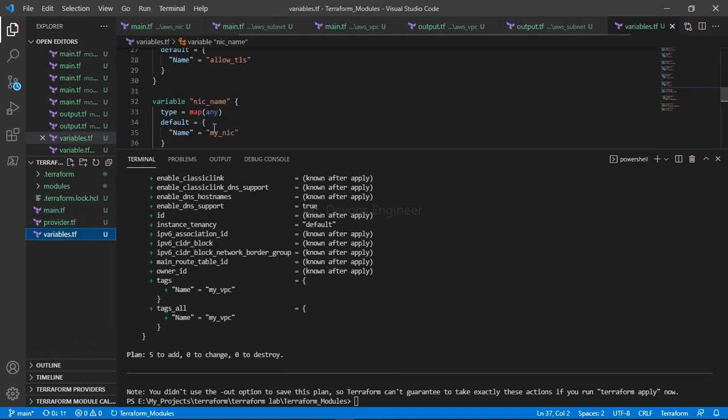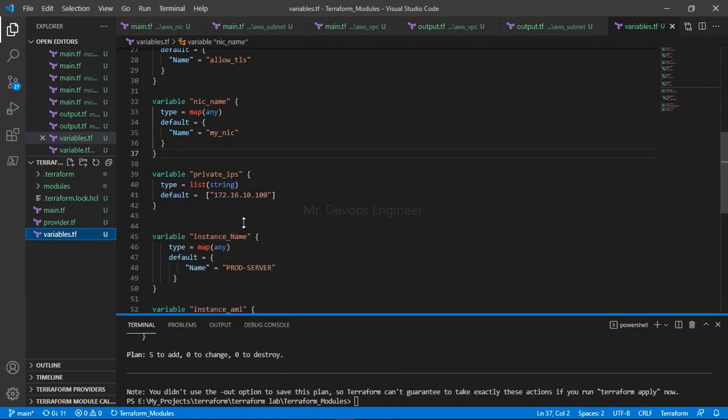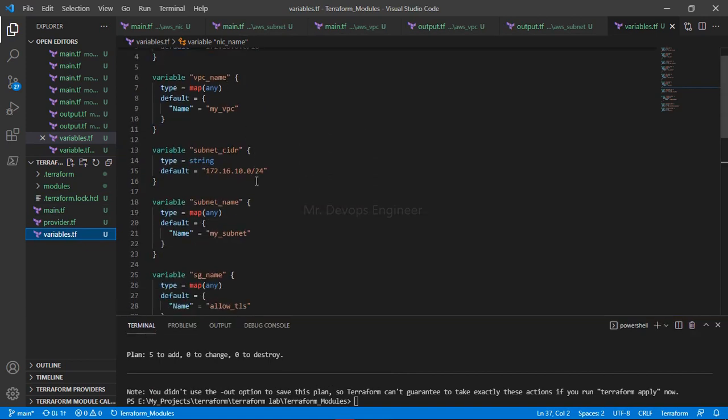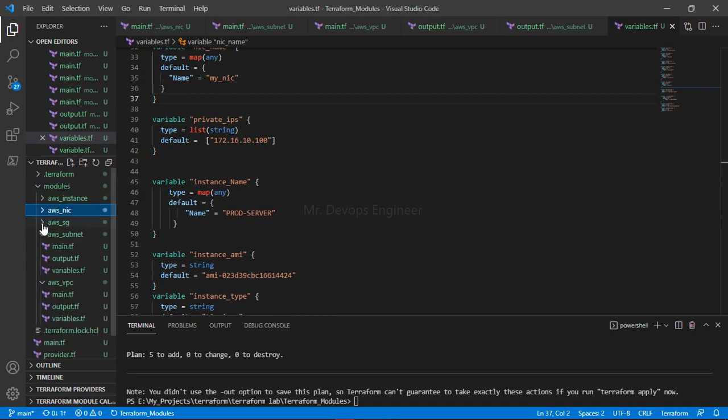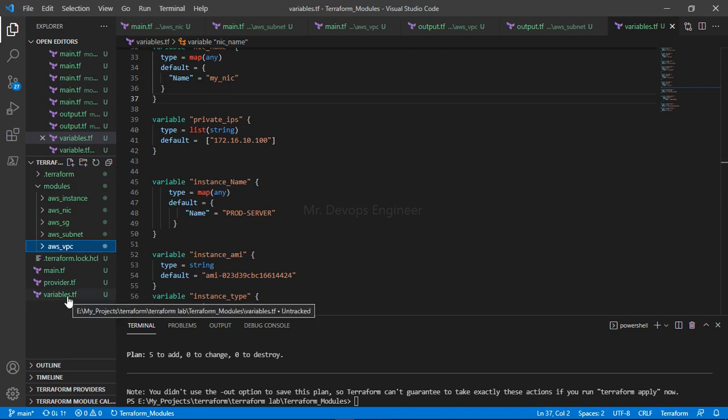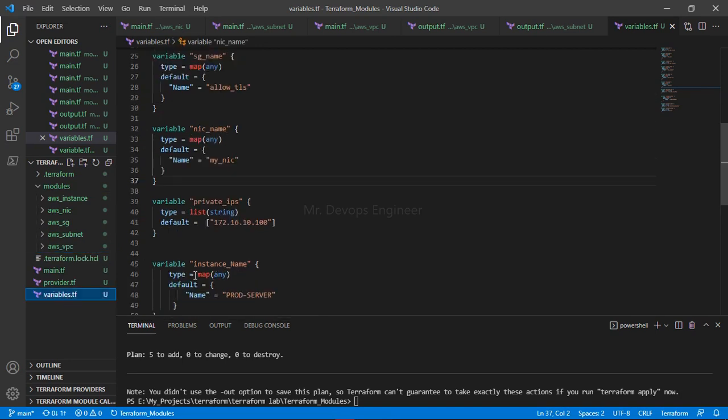Okay, this variable, correct? So these are the names. So these values can be different from the values which you have defined in the modules, right? In these modules you also have the same default value, right? So if you do not pass values from here, then it will by default take values from the default variables, which is this, correct? So if I am not passing here, it will take this value from this default only. So fine.